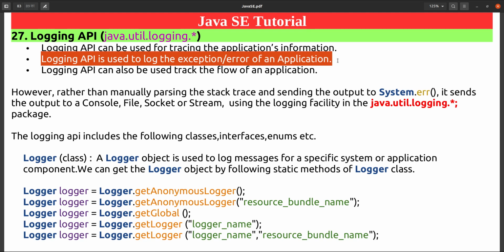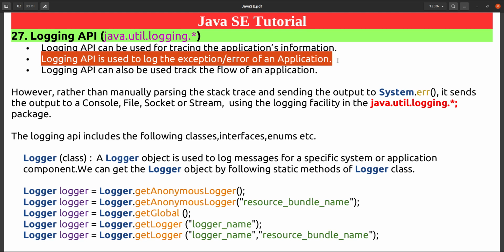But where will that print stack trace information be placed? It will be placed into your console only if we are using System.out or System.err. We should not do that, because if your application is deployed into some server, in that case you cannot see the logs actually.